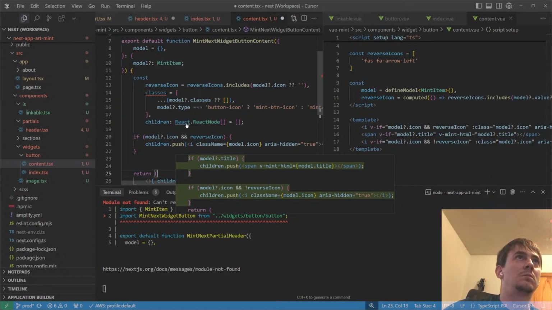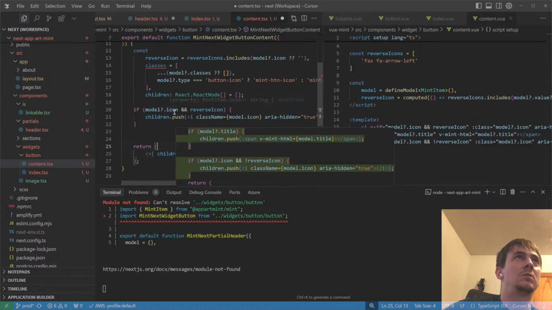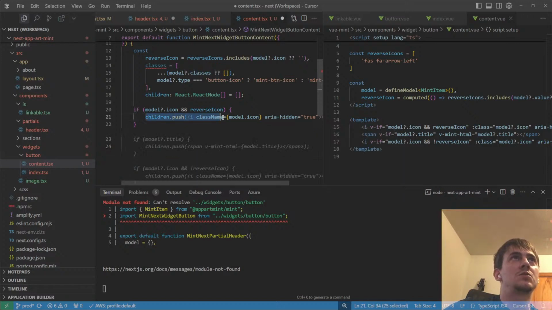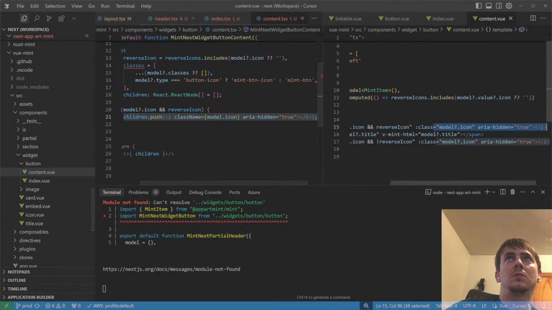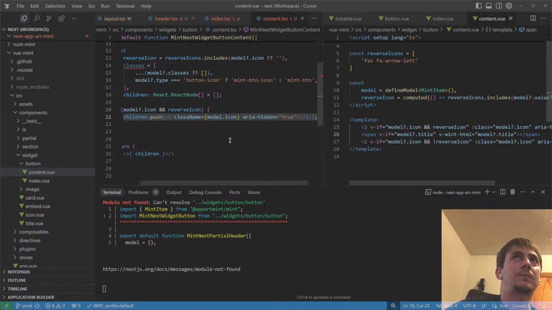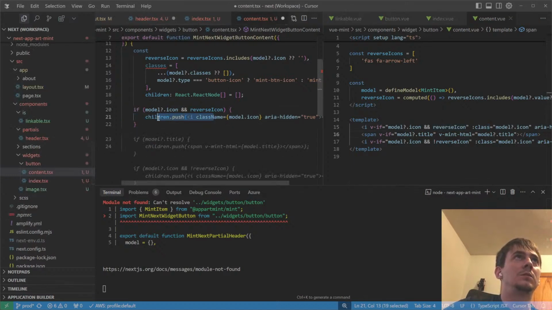What? Yes. If model icon and reverse icon, children.push I class name equals model.icon, array hidden equals true. Very nice. And if model.title, children.push span,